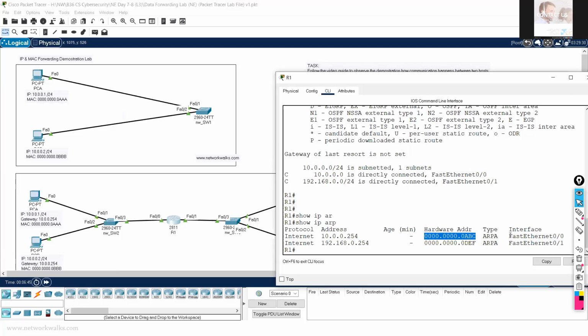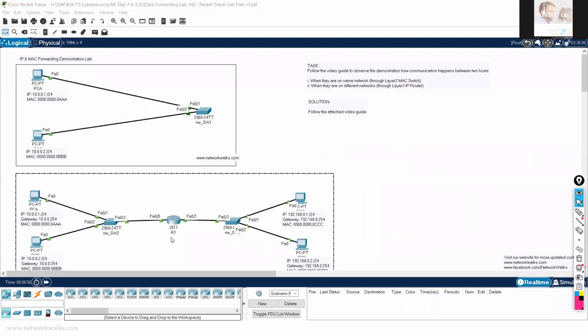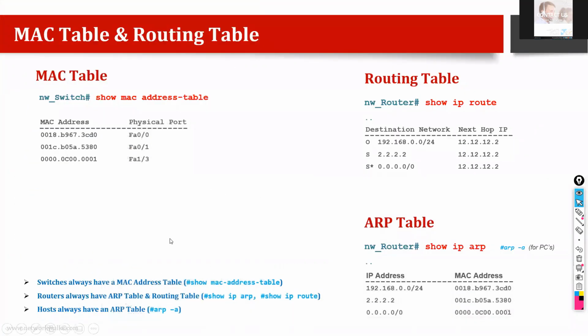It is learned from this interface, it must not be connected exactly on this. It is coming from this direction, right? So these 3 kinds of tables we will discuss in the practical scenario. I hope you understand the difference between the MAC address table, routing table, and the ARP table.